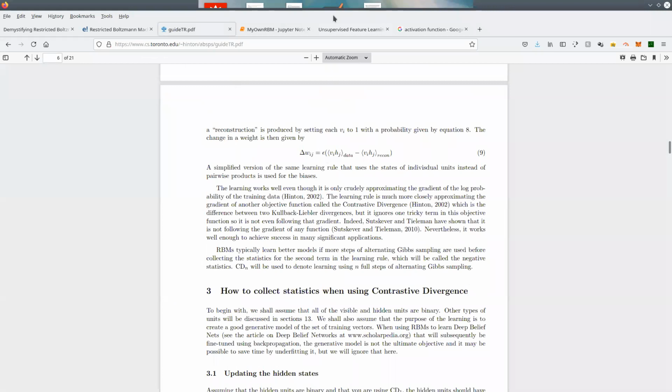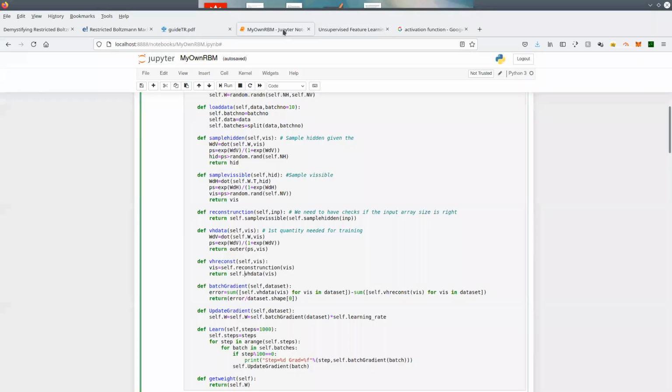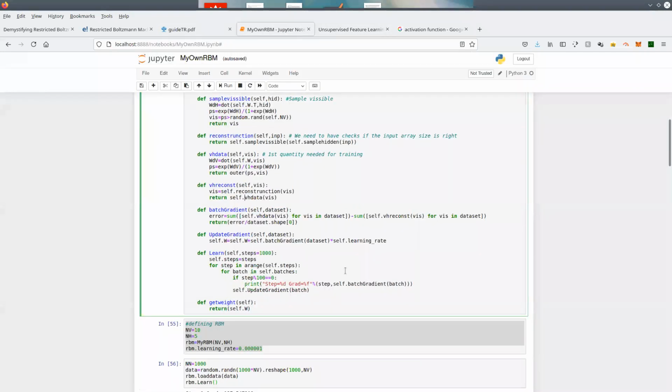This is E dot this part. So that's basically true for all this kind of stochastic gradient descent algorithm. You multiply the gradient by a very small number, then you update the weights. Good. And then update gradient does that, and this learn is nothing but a loop over many thousand